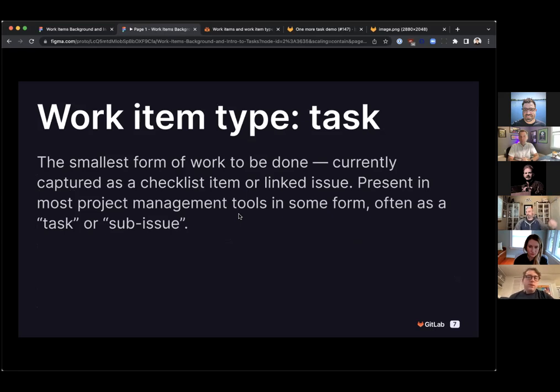So the first iteration of work items is tasks. This is the smallest form of work to be done. You can think of it as a child of issues, which will be the hierarchy set by default. Right now, in other products, they might utilize this as a sub issue or sometimes a task. In GitLab today, these are represented either as a linked issue or a related issue, or a checklist item, which